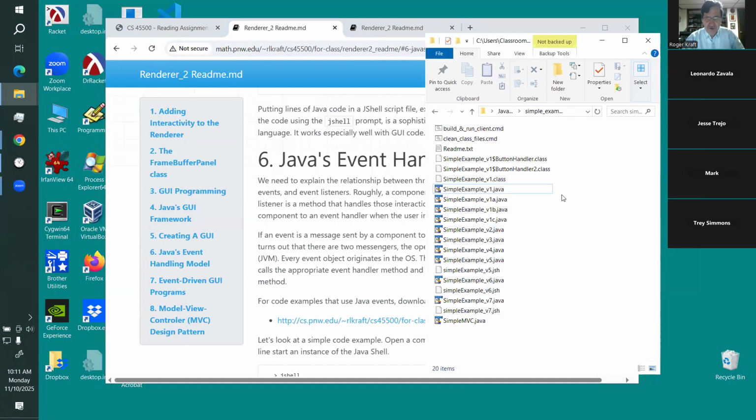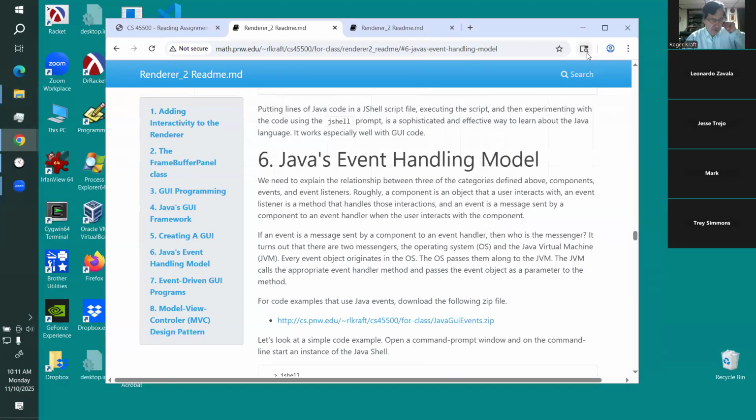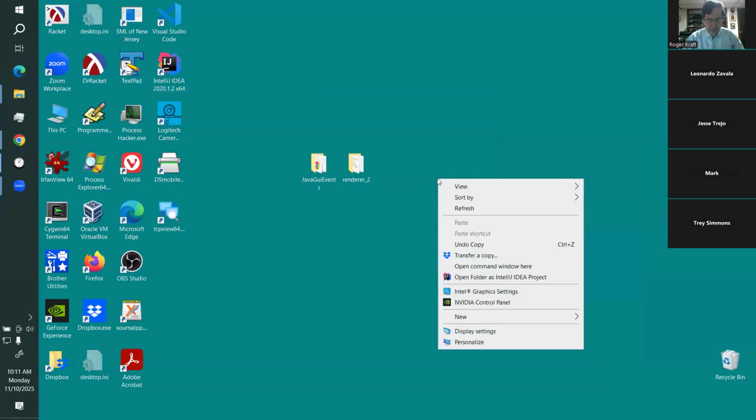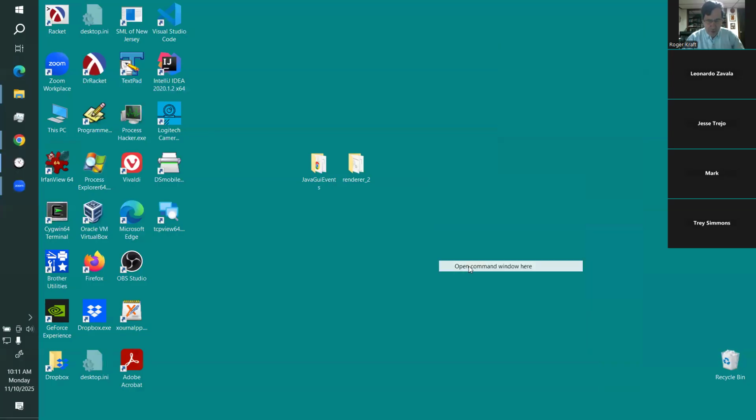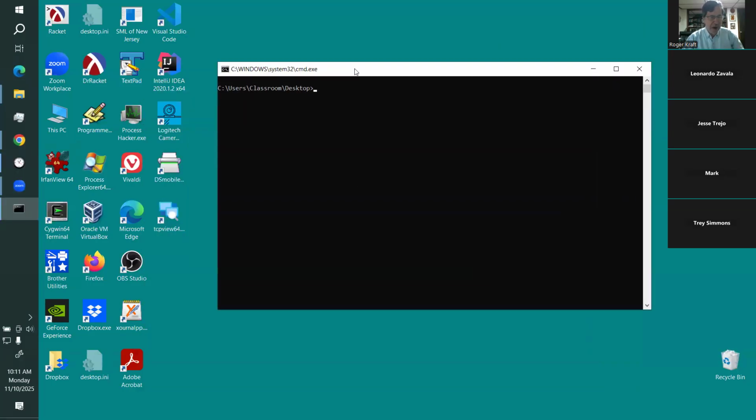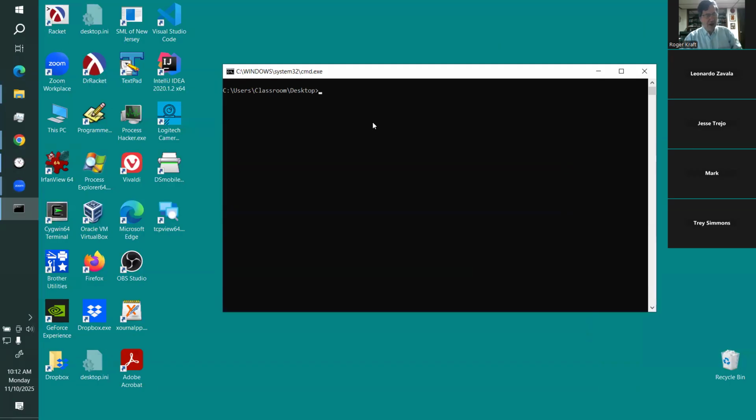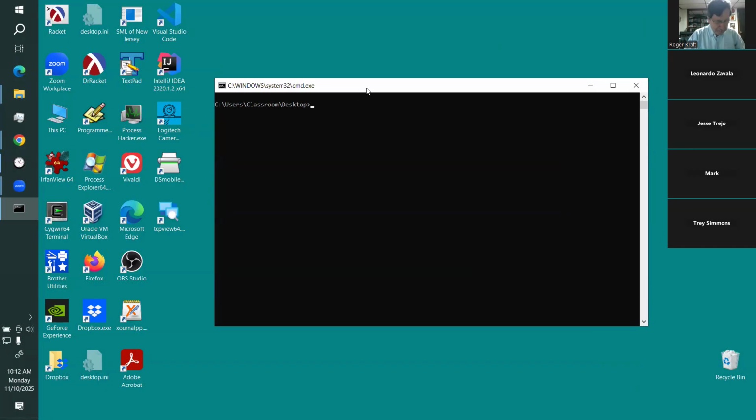Now, in the J shell, you need a J shell started up. It doesn't really matter where you are. I will just open a command window. See, I opened a command window on my desktop. Right now, it doesn't matter where this J shell lives. Later on we'll see that you may want to create the J shell in a folder